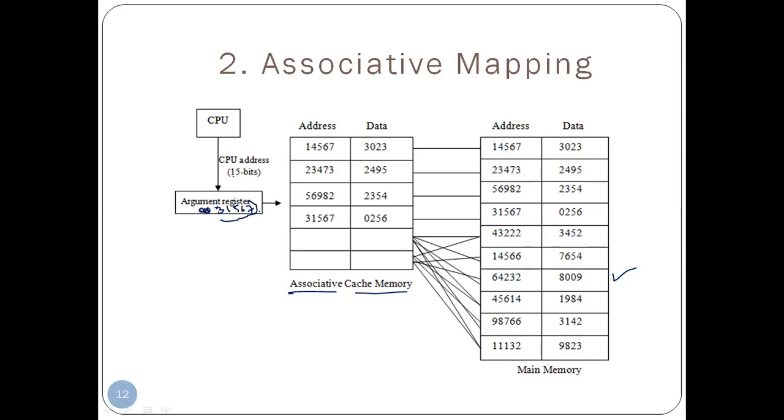So after placing the address in the augment register, this address is going to be fetched among the associative cache memory. From the starting it will check. Here that address is available, so this data we are going to take and the CPU is going to utilize the data. Suppose if this address was not there, as usual, it has to take from the main memory and dump it in the associative cache memory. Fine. Here there will be no clumsiness of data.